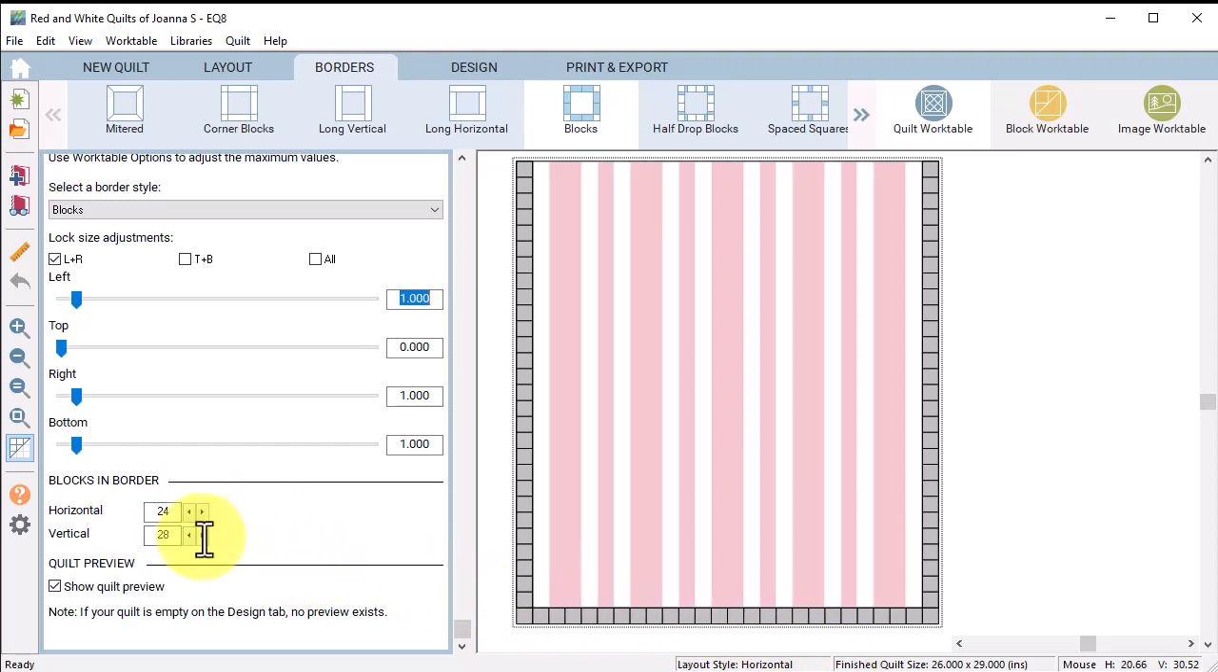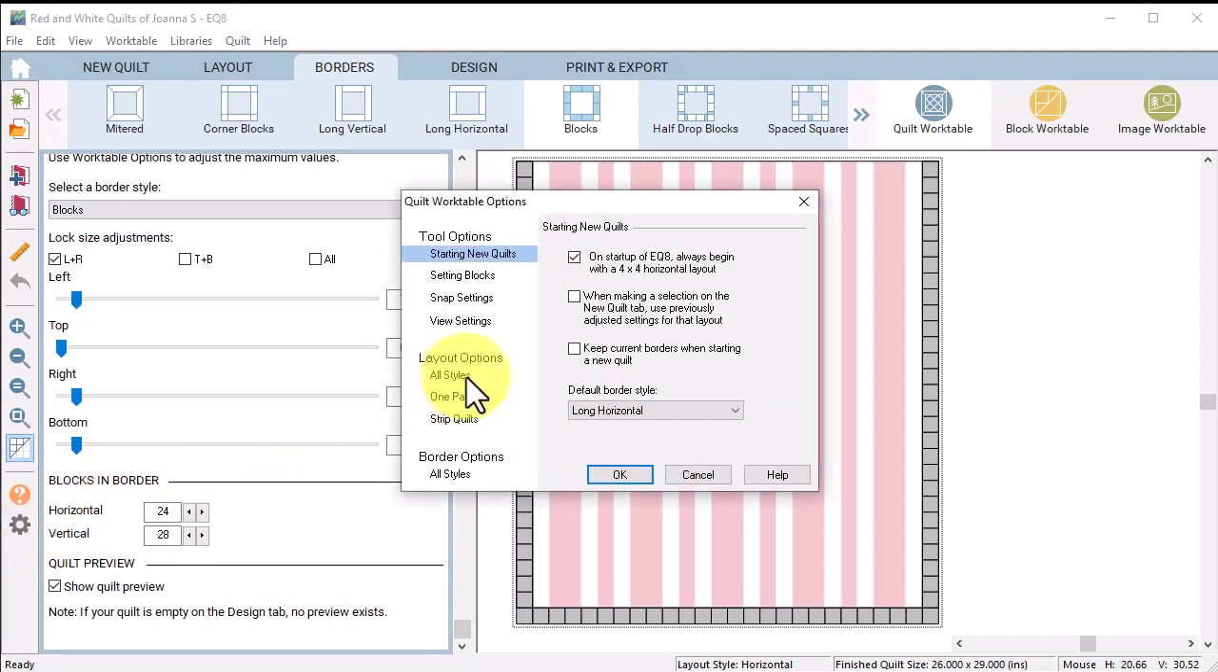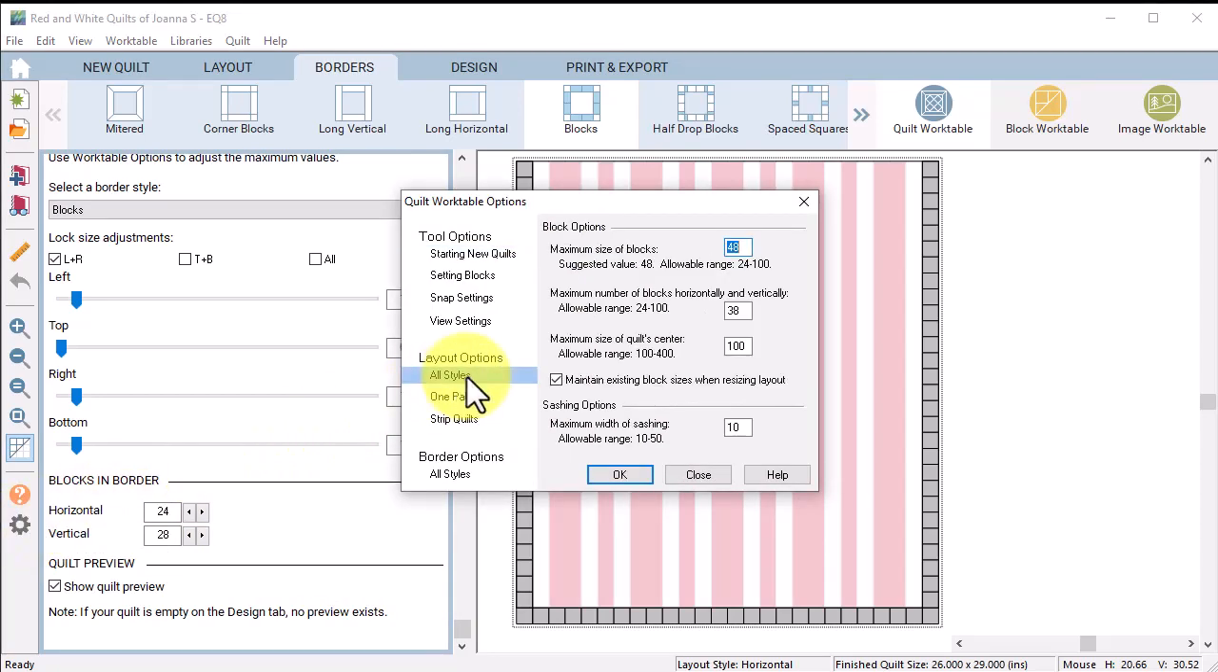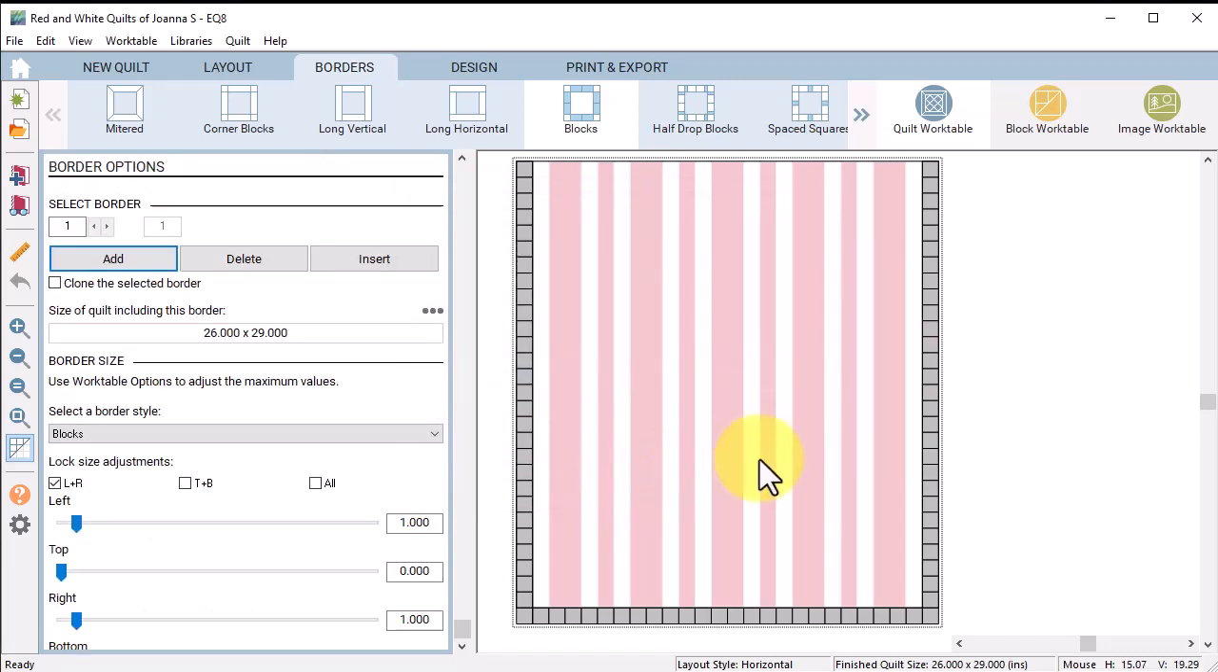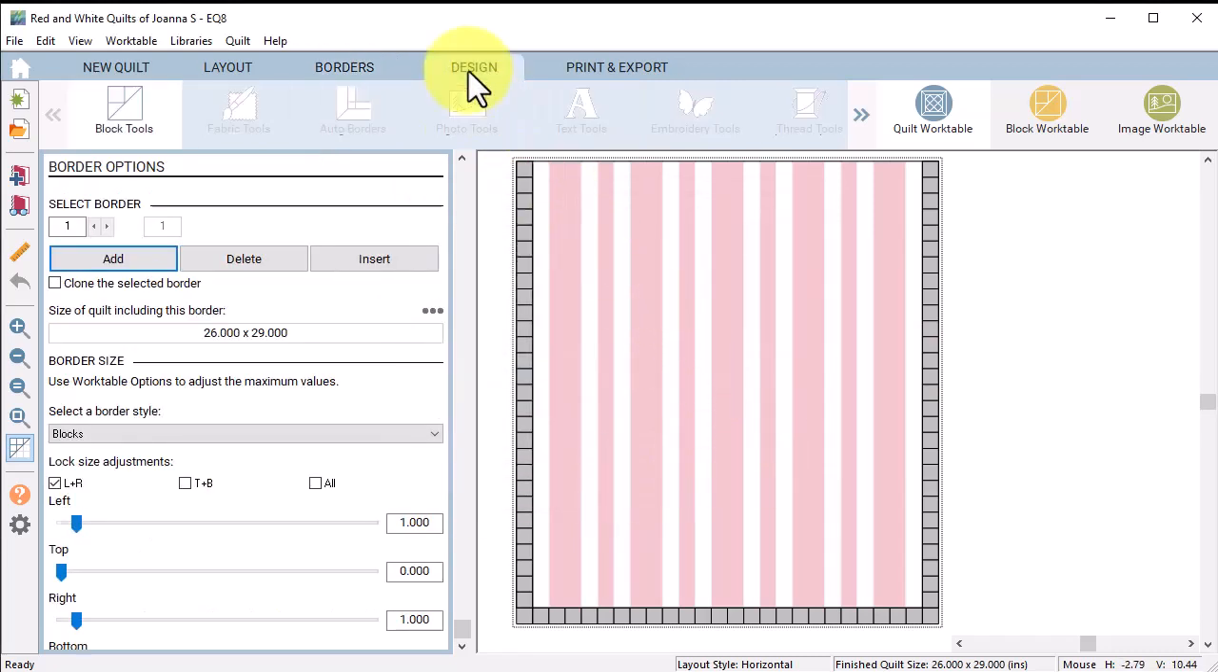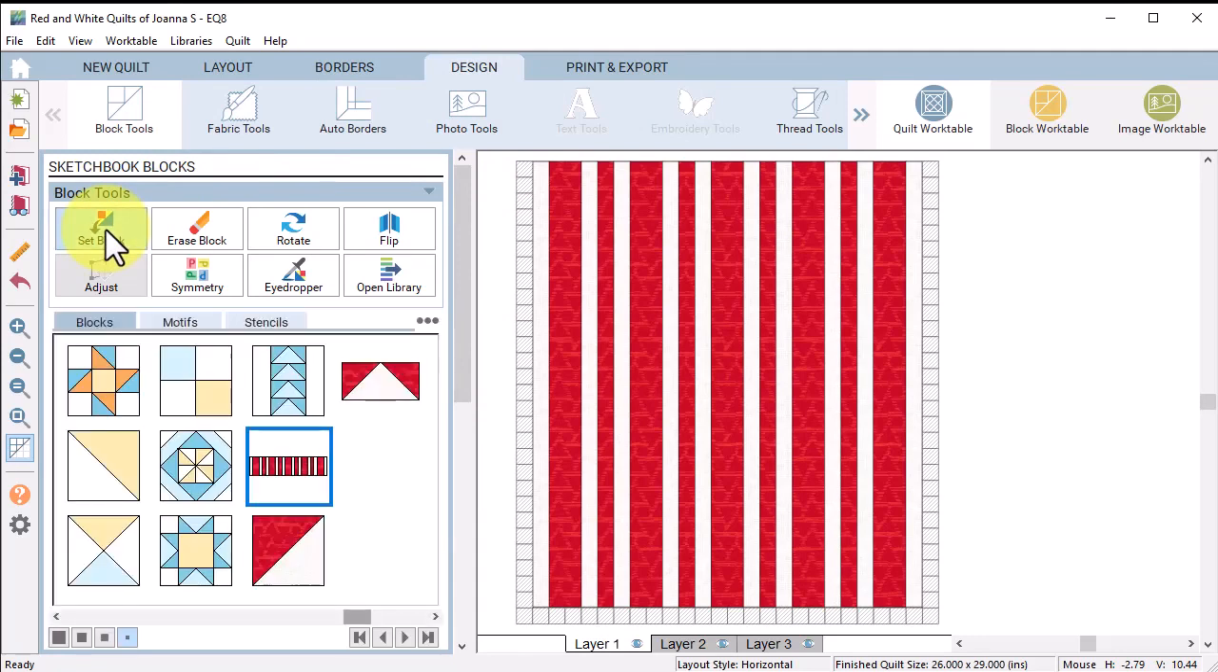If you cannot change the numbers to 28, select the work table options and under Layout Options, All Styles, where it says Maximum Number of Blocks Horizontal and Vertical, change to 50 and select OK. Select the Design tab and under Block Tools, Set Block, locate the half square triangle block